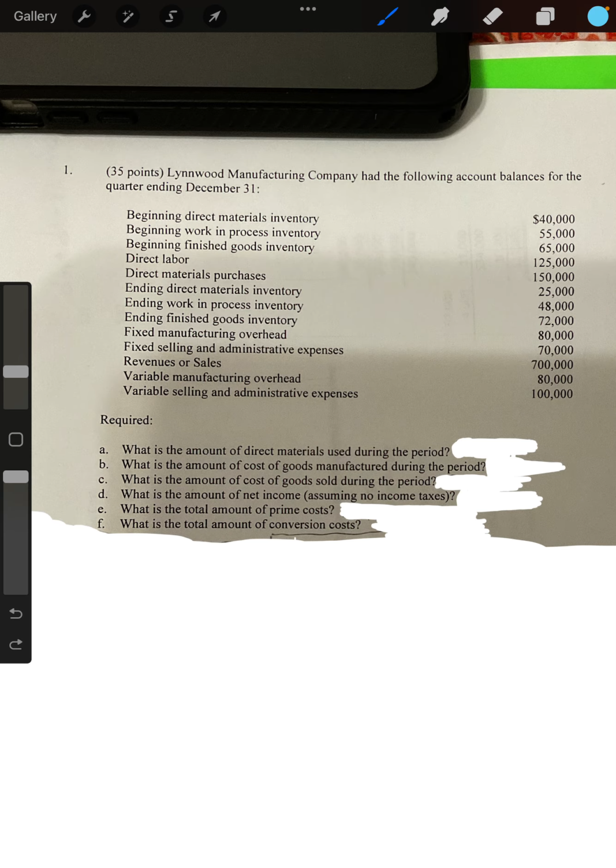Alright, so this is for cost accounting, and we're going to go through this problem. Let's get right into it. It says for A, what is the amount of direct materials used during the period? So, to find the direct materials used, we're going to take